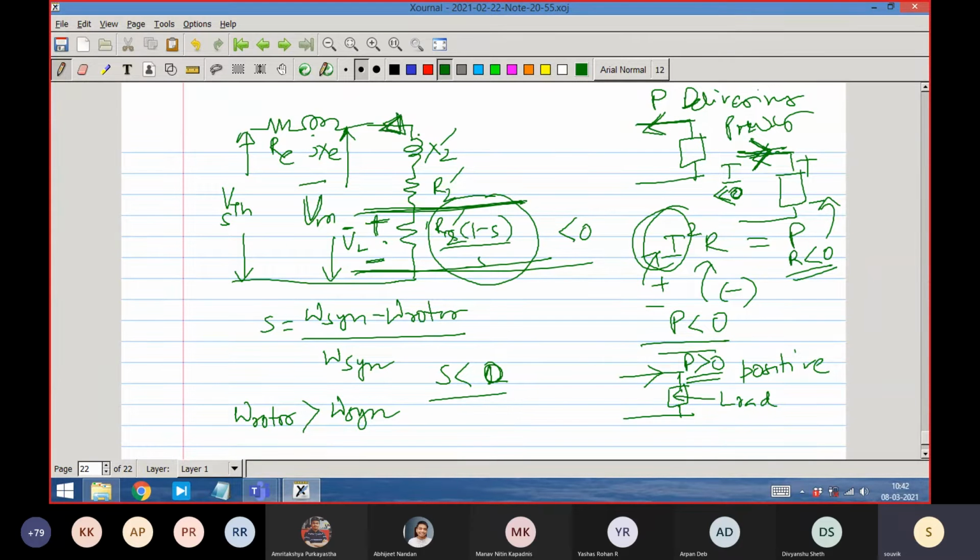Actual current is pushing in this direction, which is negative convention, current negative, because we have taken I2 positive in this direction. Actual current is now going in the other direction, so this is a negative current. The voltage across the load, at a conceptual terminal since there is no physical terminal, is positive. Current is negative and voltage is positive, so resistance has to be negative. That is the implication of R less than 0.